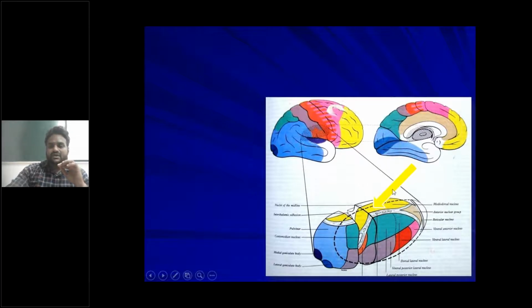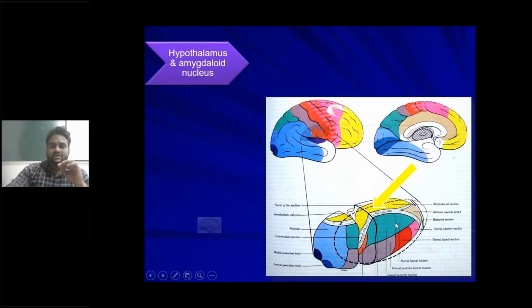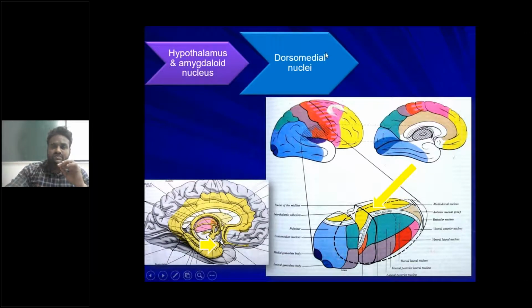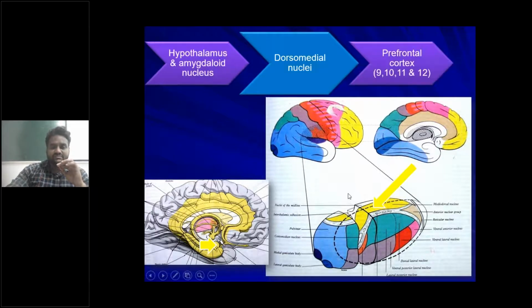Then the yellow color arrow is showing that nucleus, the yellow color nucleus. That is the dorsomedial nucleus or medial nuclei. It receives the fibers from the hypothalamus and amygdaloid nucleus. Here, what you see is the amygdaloid nucleus that is present at the tail part of the caudate nucleus of the basal ganglia, and it also receives the fibers from the hypothalamus, and it gives efferent fibers to the prefrontal cortex